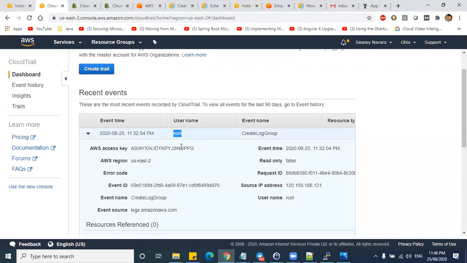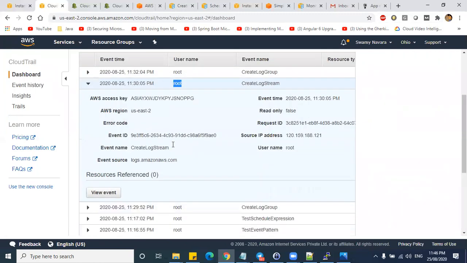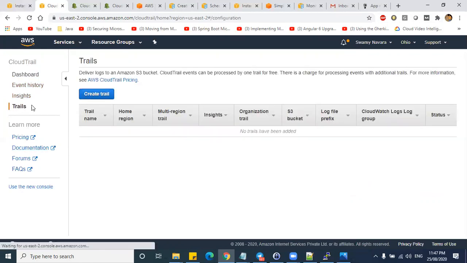Not only for the root user, but if any IAM user logs in also, everything will be monitored and stored. Usually they provide a trail, which is used to save the logs, either in an S3 bucket or some other storage.